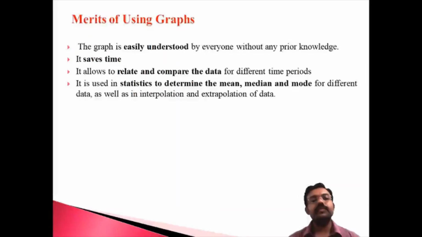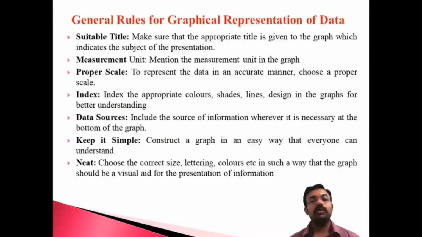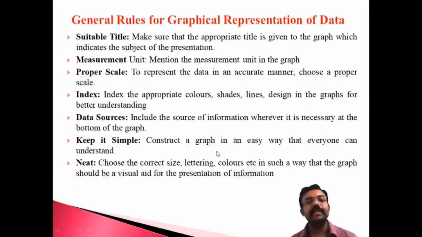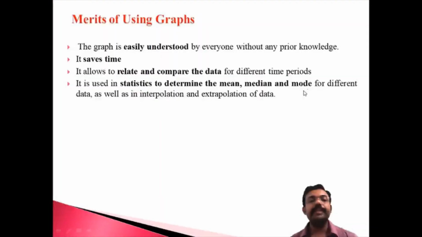And another one is that it is used for statistical elements. The measures of central tendency like the mean, median, and mode can be easily identified with the help of the data, because ogives are one of the important elements here. Looking at the ogives, there is a more than ogive and a less than ogive, and the central point is your central tendency; the mean, median, and mode are part of the center line. So you can easily identify the mean, median, and mode with the help of the data. These are the advantages of the graph: it is easy to understand, saves time, relates to comparison, and makes statistical analysis possible. Okay, let me conclude.